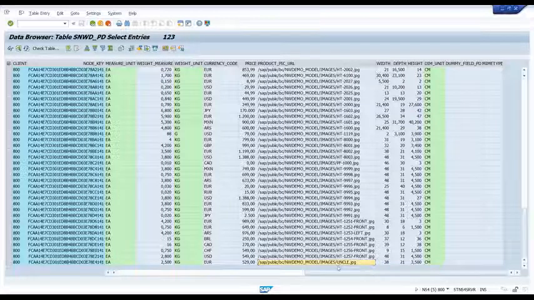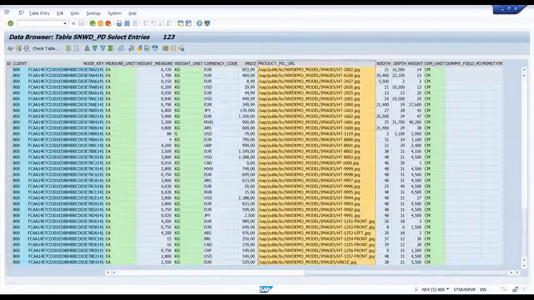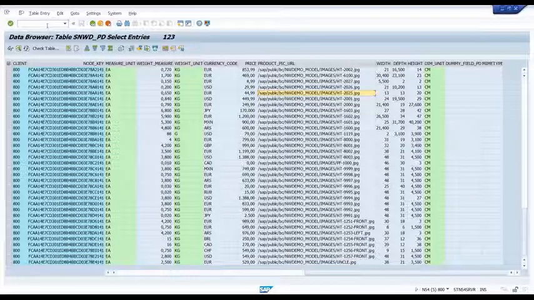So this is just one small manual adjustment I've done to showcase the scenario. Now I can see the path for SAP public BC NW model images uncle.jpg. This is the path where the image is stored. Now what I can do is expose this product pic URL property as part of my returning entity set. Let's go back to SEGW,